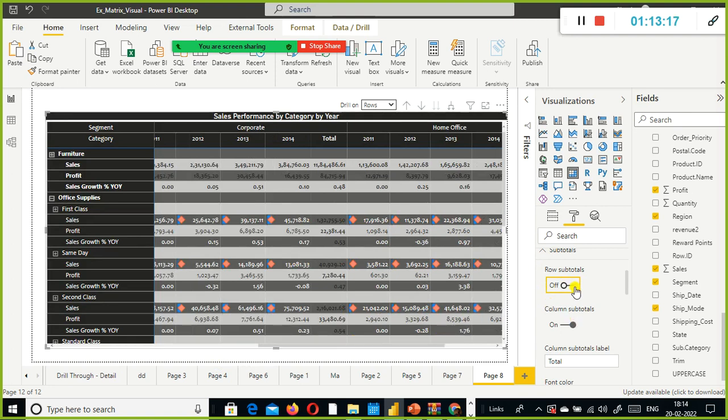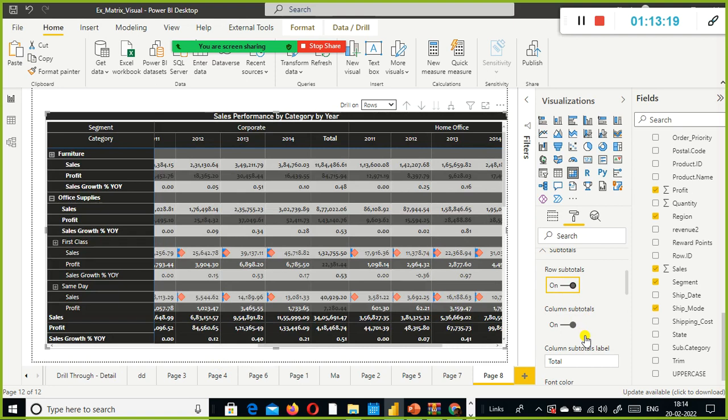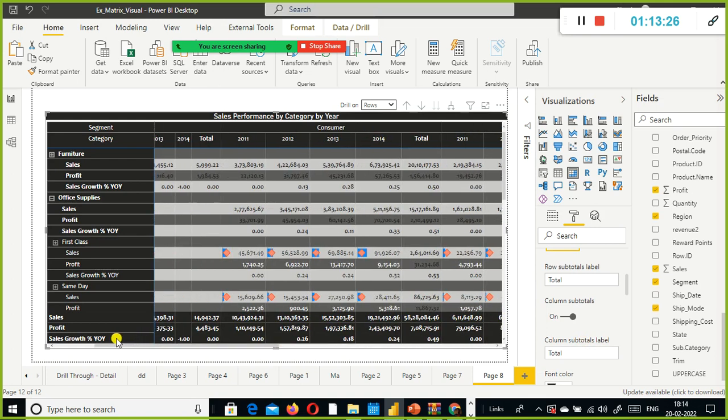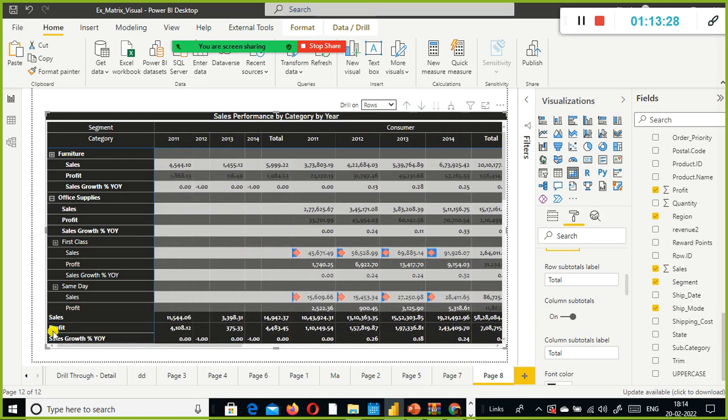But in a real life scenario, they need everything, right? Row totals, column subtotals also they need it. And if you go here, if you scroll towards the left side, you can see for this 2000 furniture, right? So here we can see the consumer segment and 2011, 12, 13, 14. What is the total one? So this one, right? For furniture, what is the total sales? What is the total profit? And this one, right? So all these 4 years put together, what is this one?